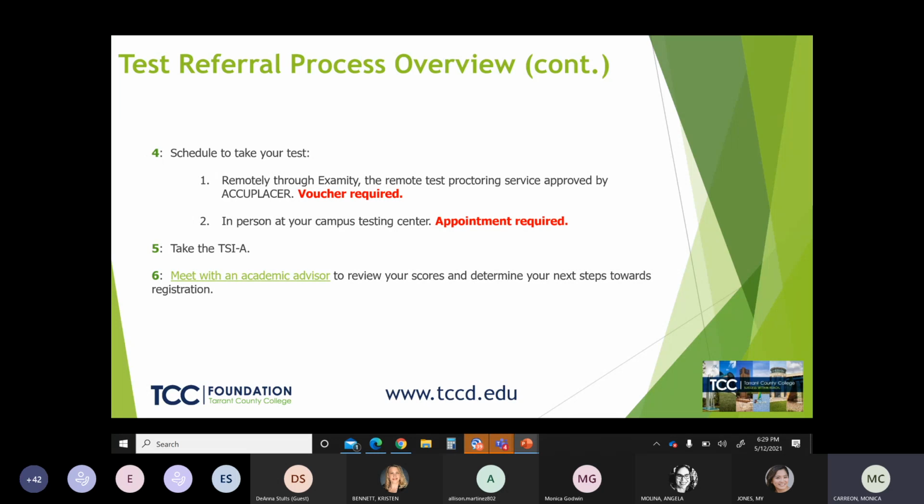We used to welcome walk-ins. However, unfortunately, because of the pandemic and the way everything is going now, we are only accepting appointments for on-campus testing. Once you have all that in line, you'll take your test, and then you'll meet with an advisor and they'll go over your scores with you and discuss your potential classes based on your scores.